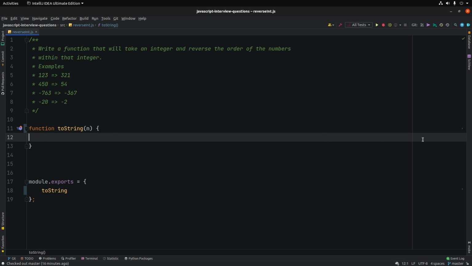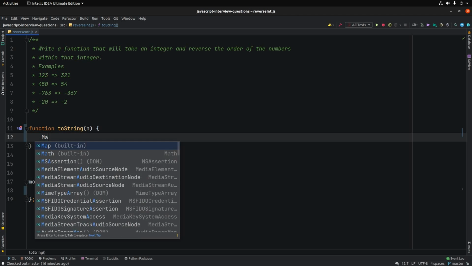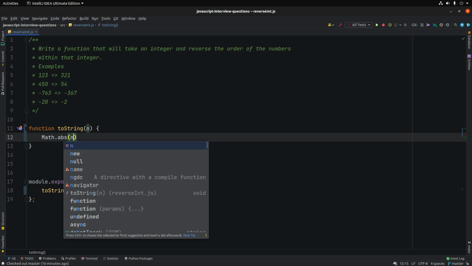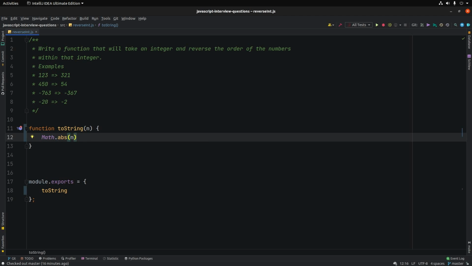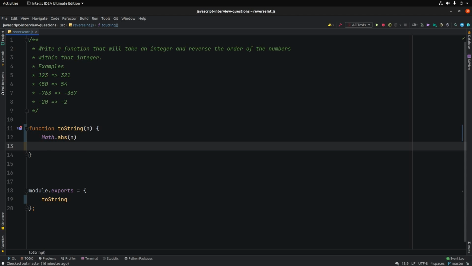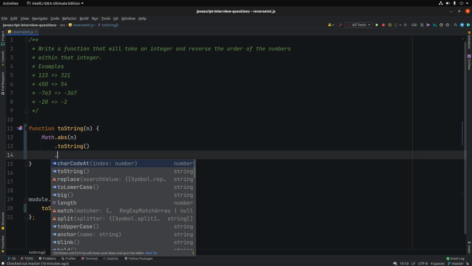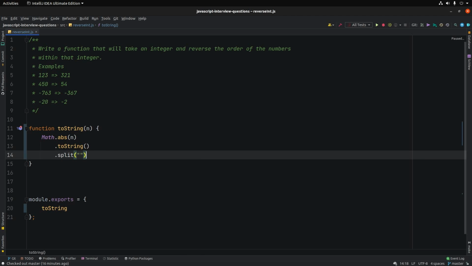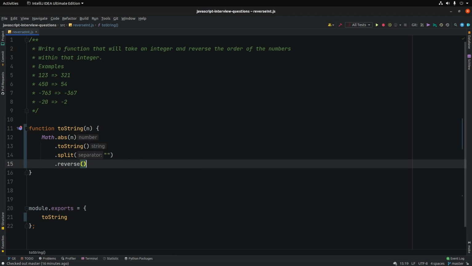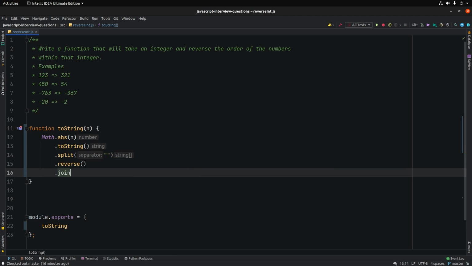So I'll start by getting the absolute value of n using Math.abs. This is required so that the negative symbol doesn't end up on the right side of the number. Now convert the number to a string by calling toString. Convert the string into an array of single character strings by calling split, and then pass in an empty string as a separator. Now call reverse to reverse the array, and then join to join the array back into a